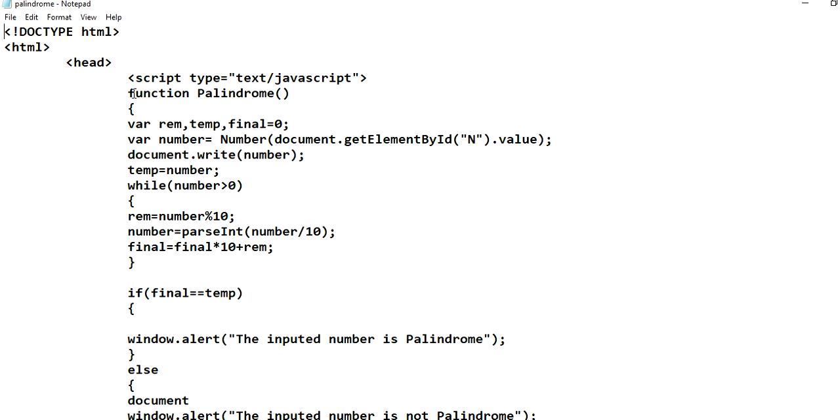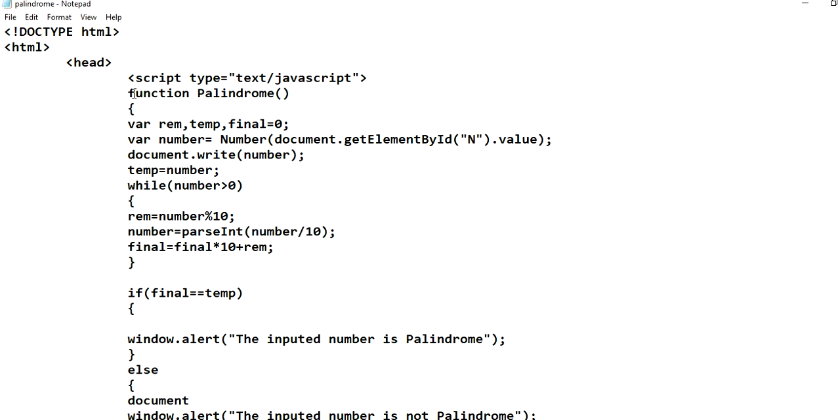Whatever value is given in the text box is stored into number, which is of var type, with the help of document. Using document.write we can display output in JavaScript, and this is the syntax of a while loop. In prime I showed you the syntax of a for loop in JavaScript. These syntaxes are very similar to C and Java.